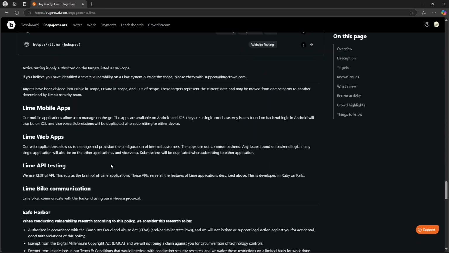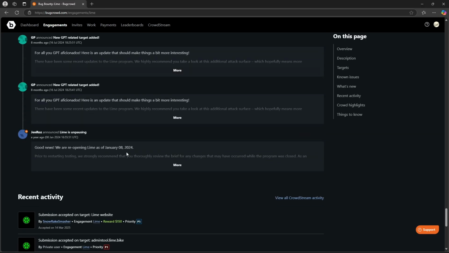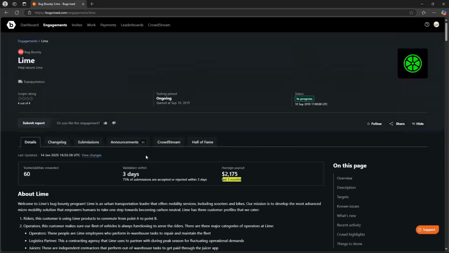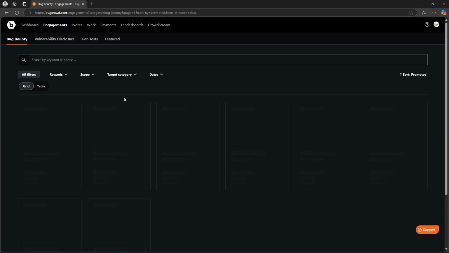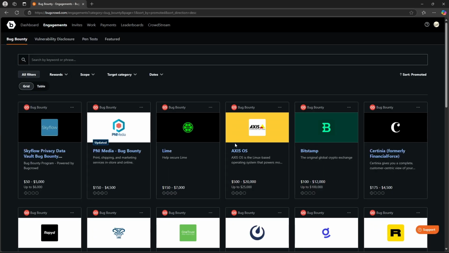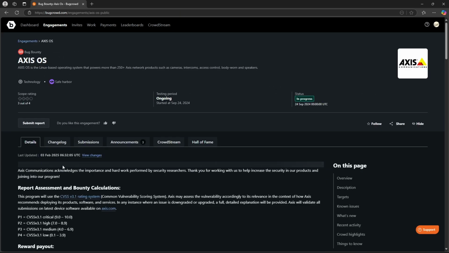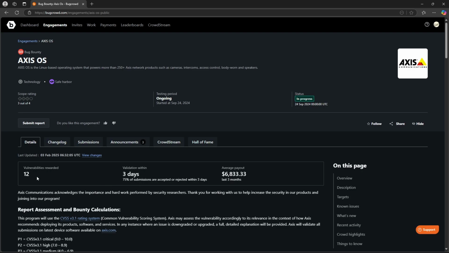Okay, so if you are testing a vulnerability on particular websites or particular platforms like bug bounty platforms, then you have to read everything carefully. Like this is about Access OS. So here you can see it's only 12 vulnerabilities rewarded, and the validation is within 3 days, and the average payout is